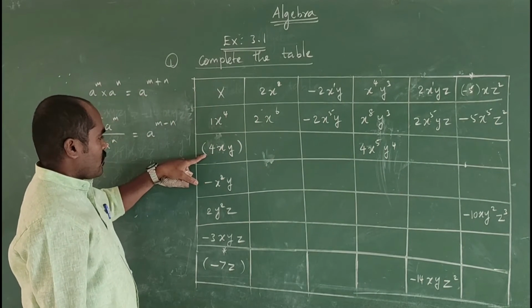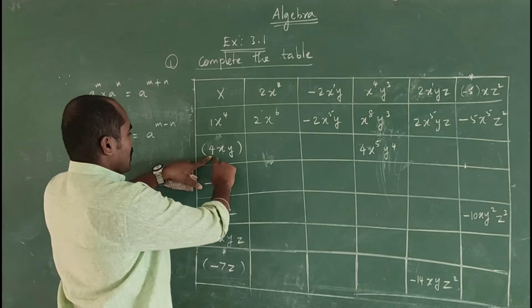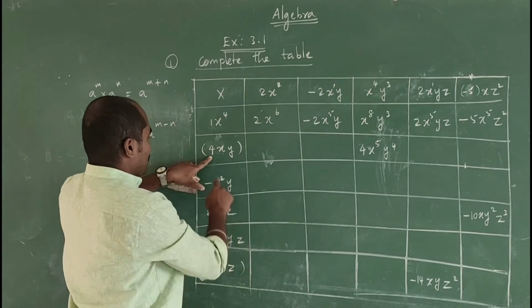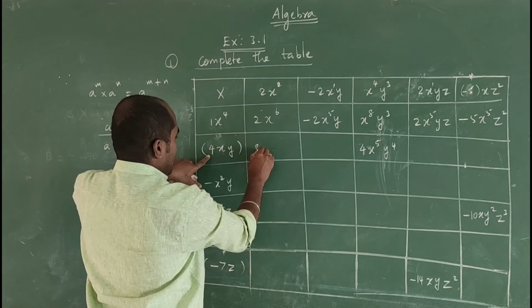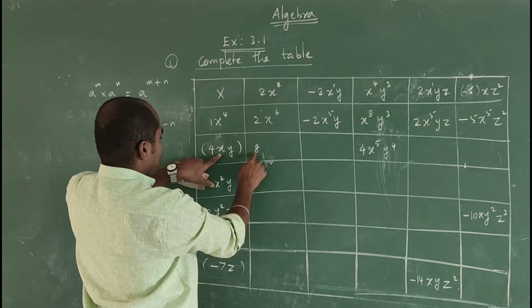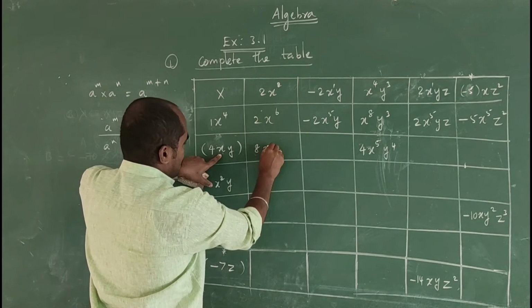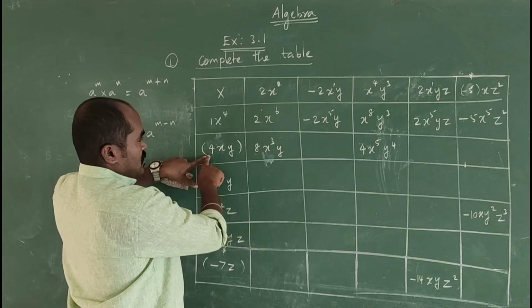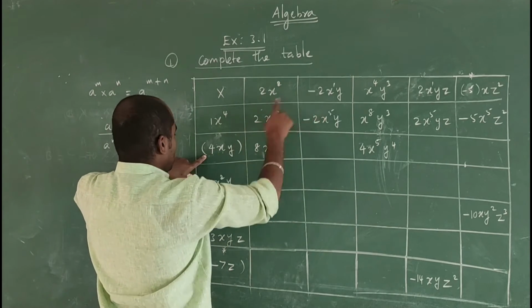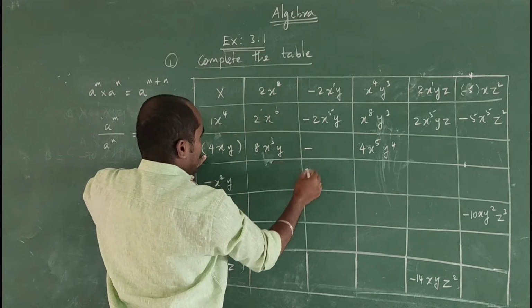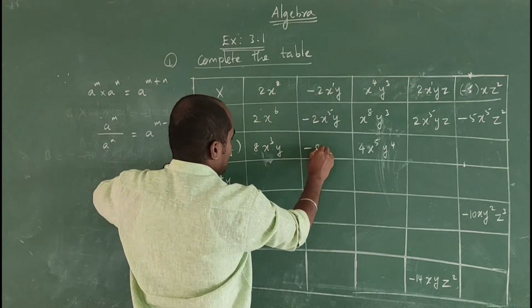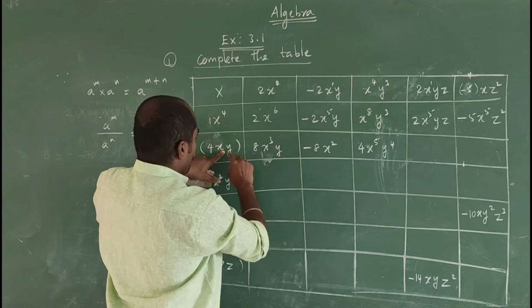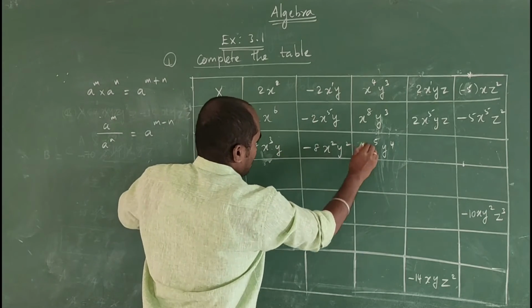So second row here 4xy. So multiply this 4xy with each term in first row. So 4 into 2 is 8. 4 2s are 8. X into x square is x cube and y. X cube y. So this is plus, here minus symbol. So plus into minus is minus. 4 2s are 8. X into x, x square. Y into y is y square.